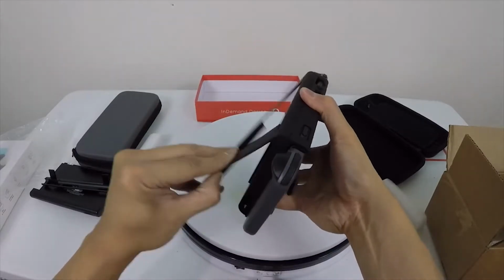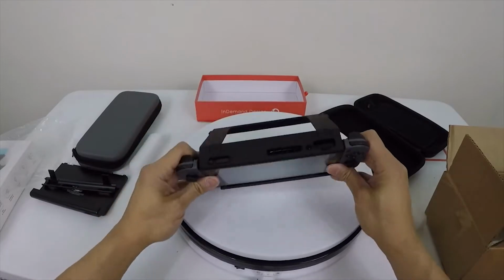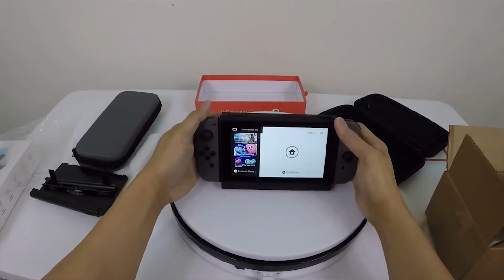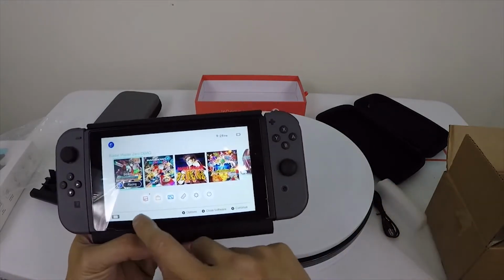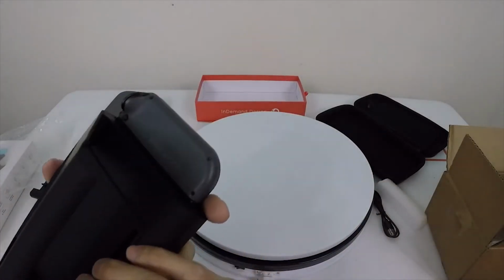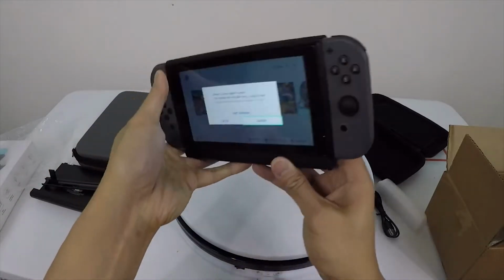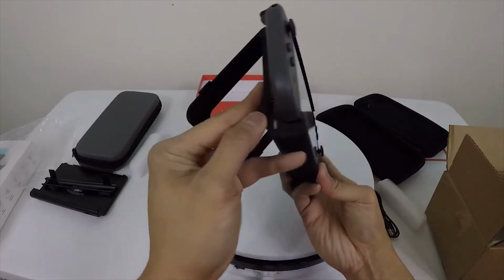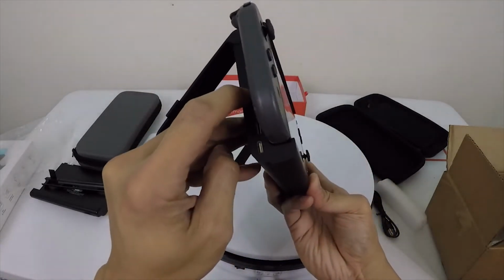Okay, let's spin it on my wheel so you can see what it looks like. Okay, as you can see, my console battery is pretty low, so let me see if I can turn this on. Let's see how we can turn this on. They told us to hold it down for